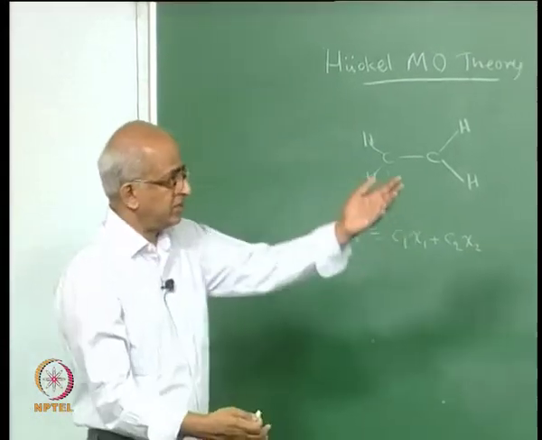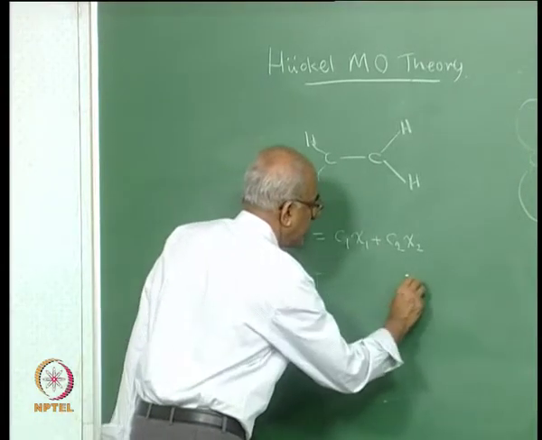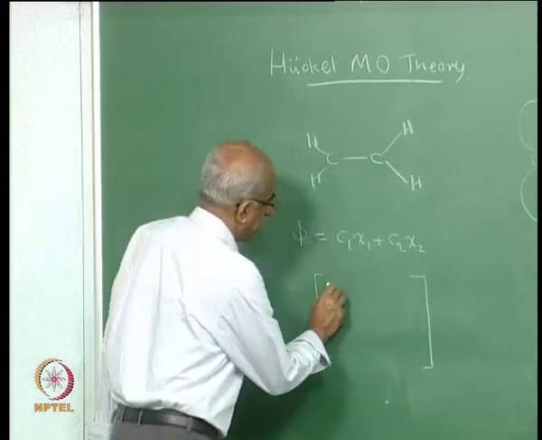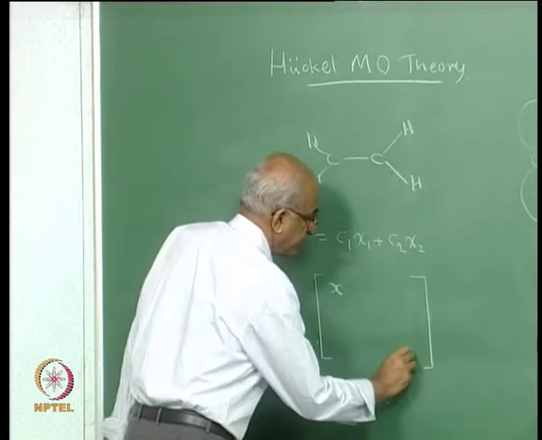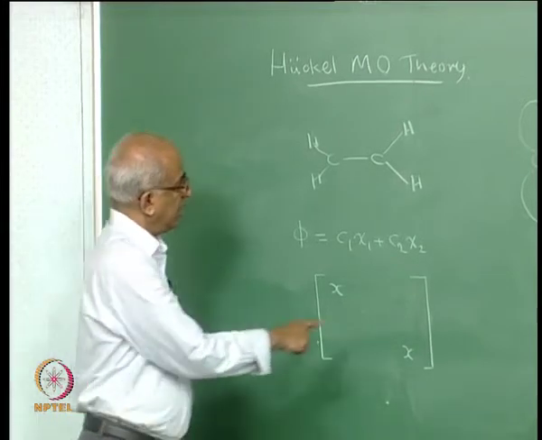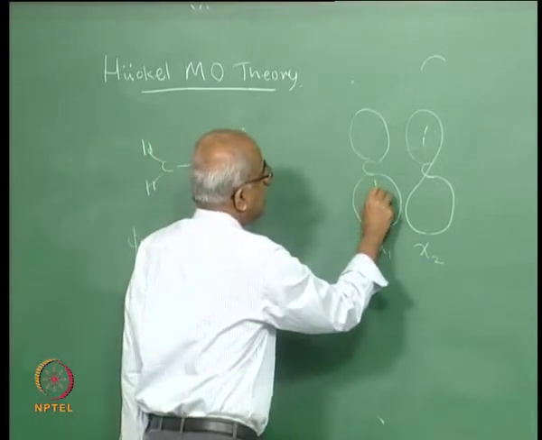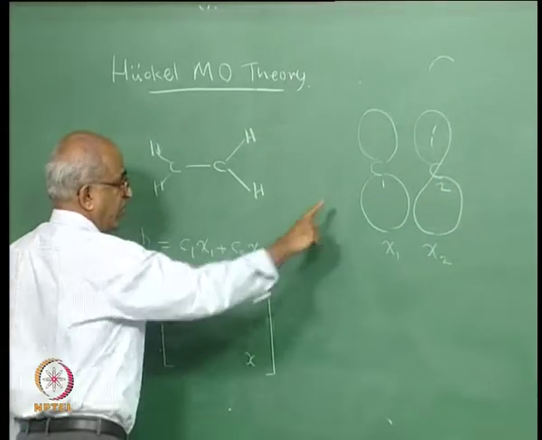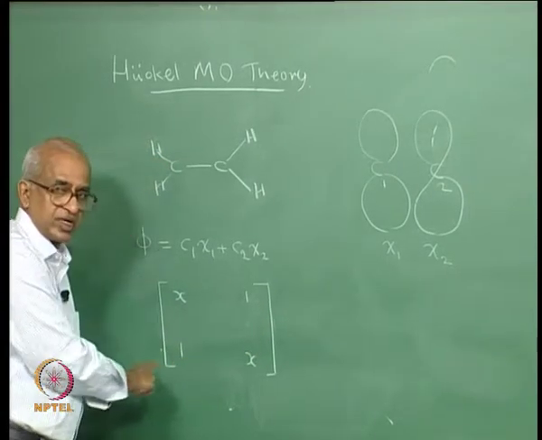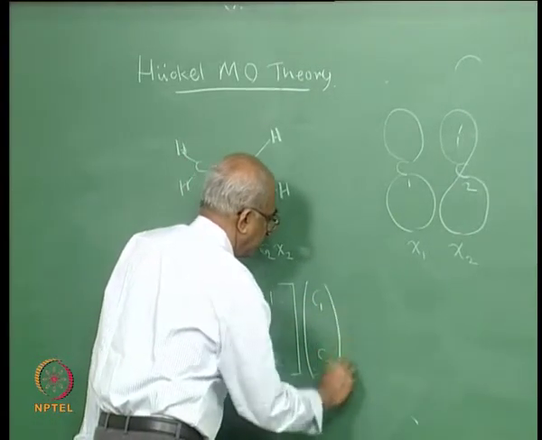Now, we can just write the Huckel matrix. What will be the Huckel matrix? It is going to be a 2 by 2 matrix. You remember the prescription, you have to put x along the diagonal. So, you will have a 2 by 2 matrix with x and x there, and the entry here is going to be concerned with the carbon atoms 1 and 2. This is 1, that is 2. So, 1 and 2 are neighbors. So, you are going to get a 1 here, you are going to get a 1 here, because 1 and 2, 2 and 1 are neighbors, and this multiplying C1, C2 must be equal to 0.